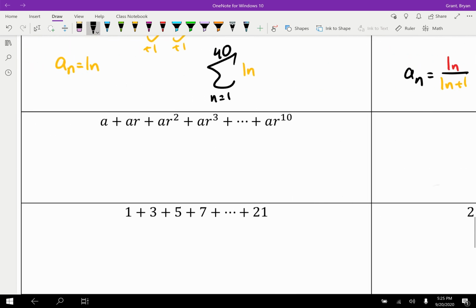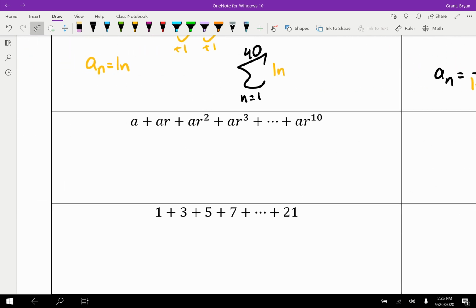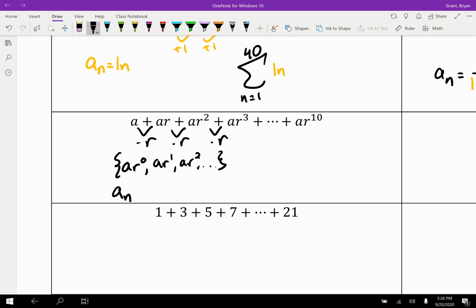Let's continue on. Oh, we've seen this before, right? This is the general format for a geometric sequence. It looks like we're multiplying by r every time, something like that, yeah? And it might even help if you looked at the individual terms of the sequence and saw that it was a times r to the 0th, a times r to the first, a times r squared, and so on and so forth. That might give rise to a general term of a times r to the nth,